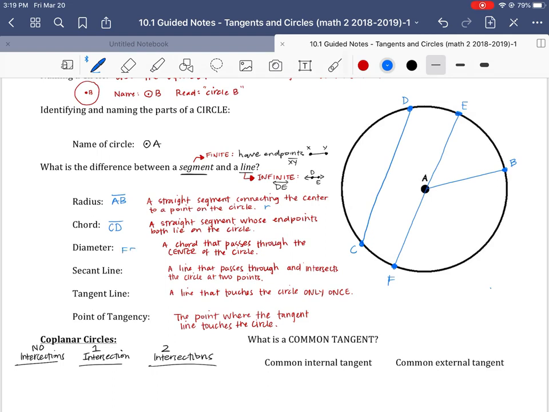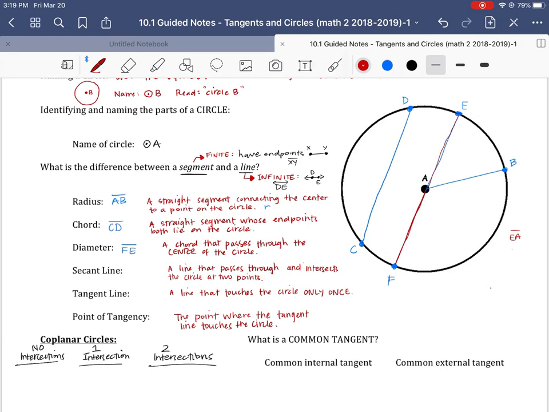So now notice our diameter we could write as FE, and that again is a segment. Now notice when I created the diameter, I actually created two more radius pieces. So if I wanted to look at, and I will erase this, but A to F, notice there's another radius. So if I were to ask to identify 3 radius pieces on this circle, E to A would be one